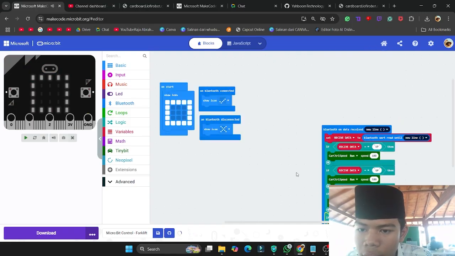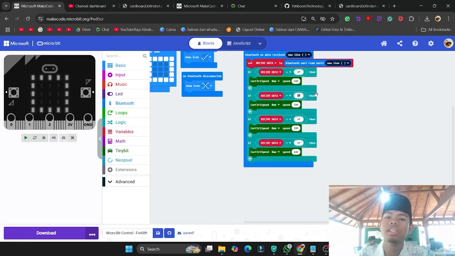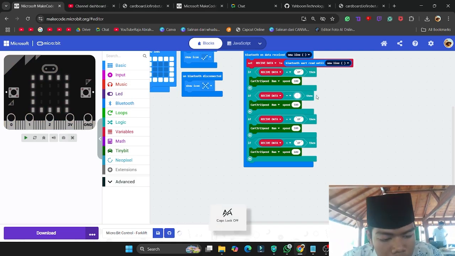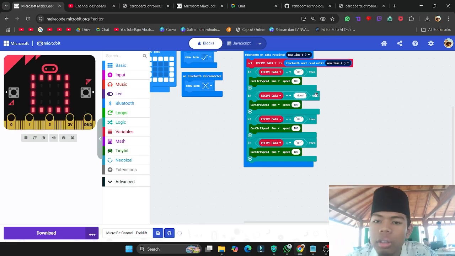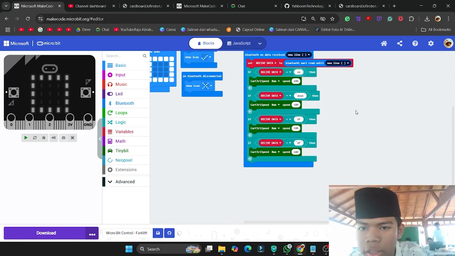We have 3 if then statements, and let's change our string data to down. Make sure it's not caps lock, because if you put it in caps lock, it's not going to read it correctly since it's different.